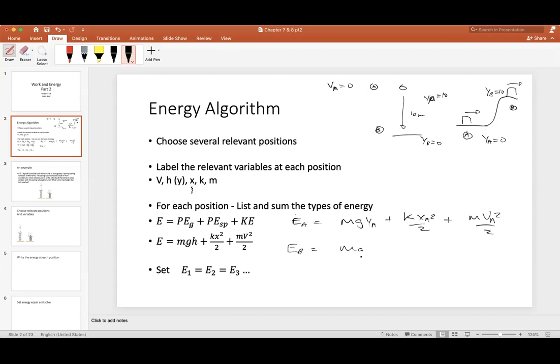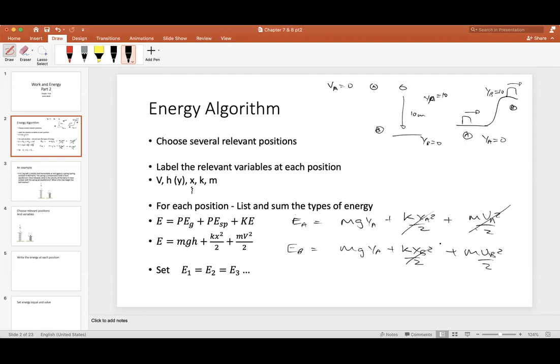So for every point, you write what the energy is going to be. And just do this without thinking about it. Just get in the habit of not being lazy and just write them down. And eventually you're going to get to the point where you know that, initially this has no velocity, so we don't need to write it. And this has no spring at all in this problem, first problem. Second problem doesn't have a spring either. So you could ignore those terms. But for now,